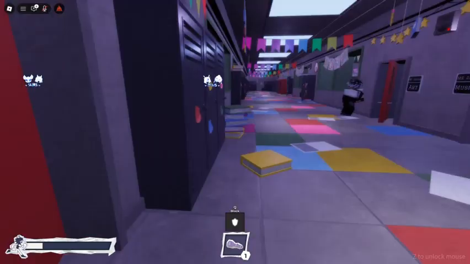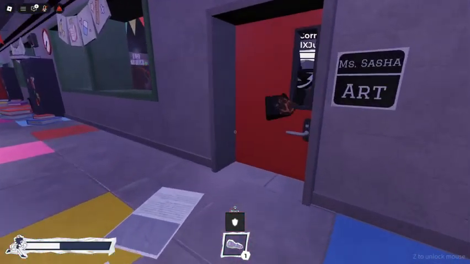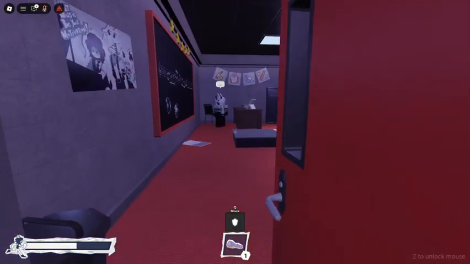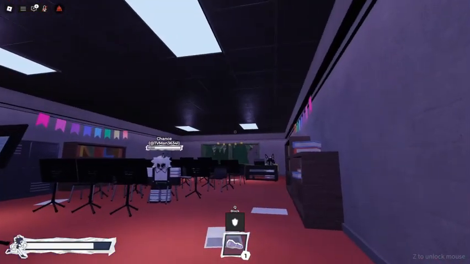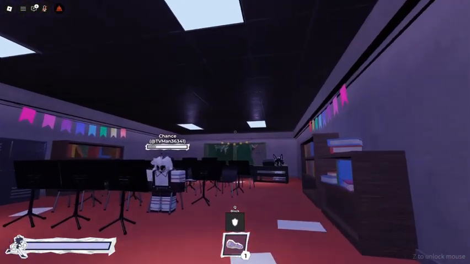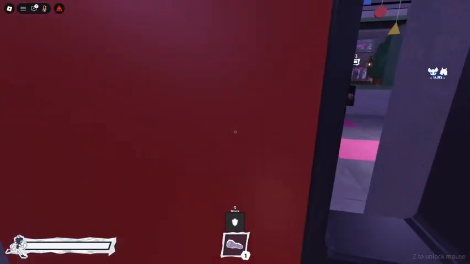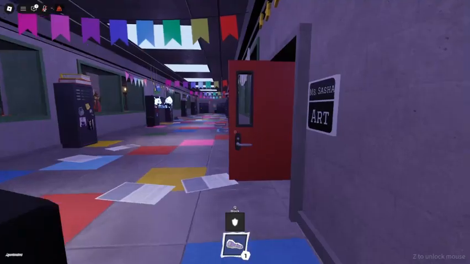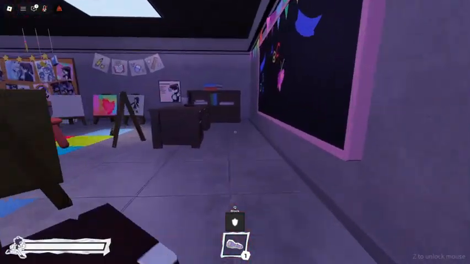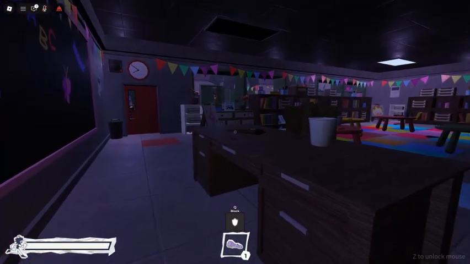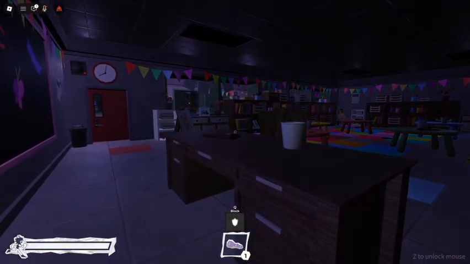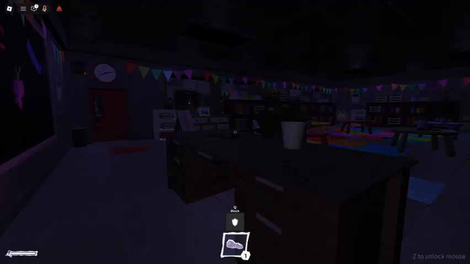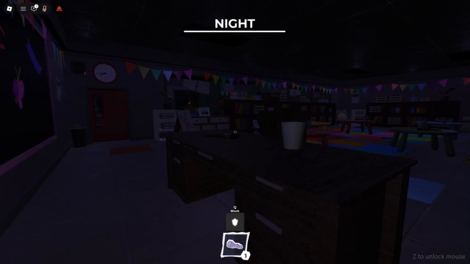Anyways, I'm gonna start off and, yeah, there's another player right there. So that guy's stuck in the air in that room. This is okay, this is the music room. If I can actually get a book, that would be very much appreciated. Okay, we're going in the art room and get the first book on the desk. Alright, first round, here we go. I'm gonna try to get around as the teacher, maybe a couple rounds as a student, and I'm also gonna try to get around as Alice.